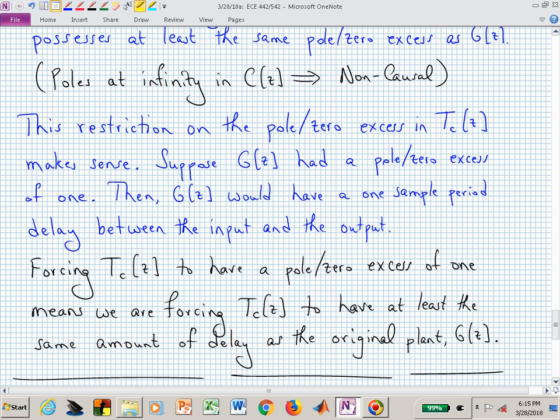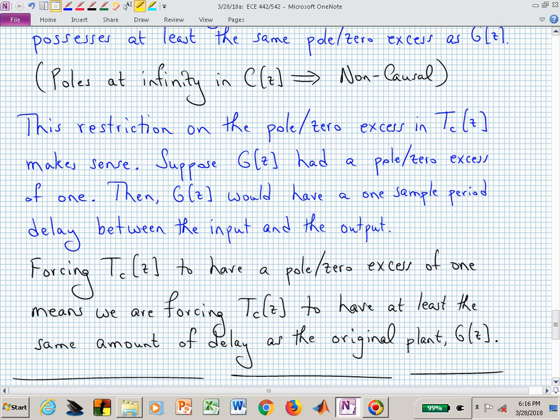1 over Z, a unit delay, right? So now if you had a plant that was as simple as just a unit delay, so you have an input, you hold on to it, and then you just hand it over after 1 delay. That's a pretty simple plant. If you had a G of Z that had a pole zero excess of 1, then G of Z would have to have a 1 sample period delay between the input and the output,